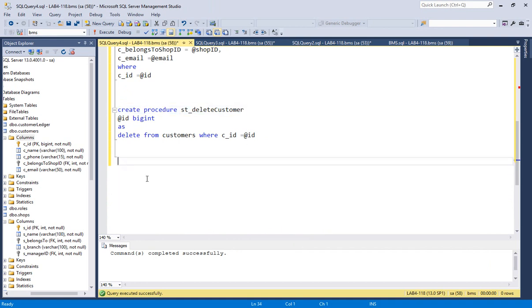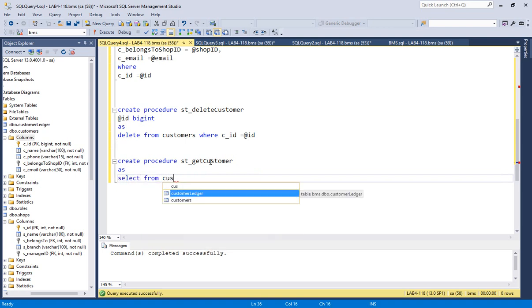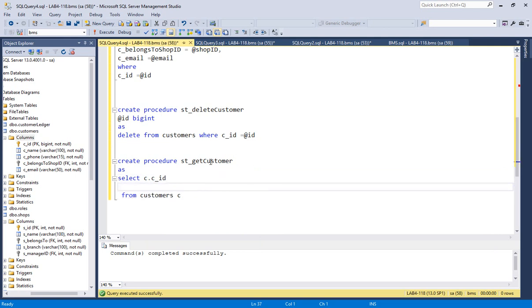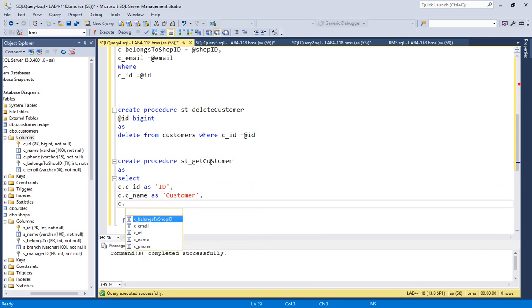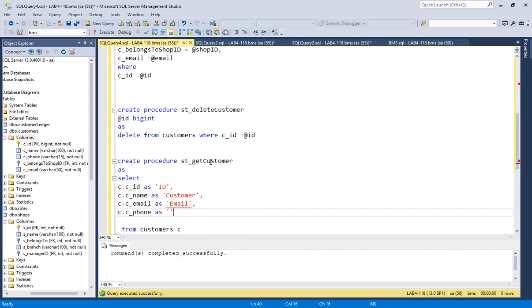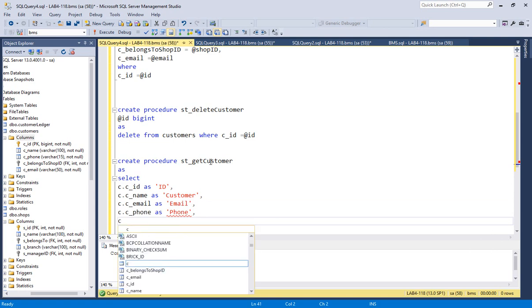Copy this and paste it and get customers. Okay, so as select from customers C, and you have to write here C dot ID. Okay, let me put it down as ID. One thing that I will change later on, I will tell you. First I have to complete this, then customer, and then C dot email as email, and then C dot phone is equals to phone, that there are aliases, and C dot now belongs to,